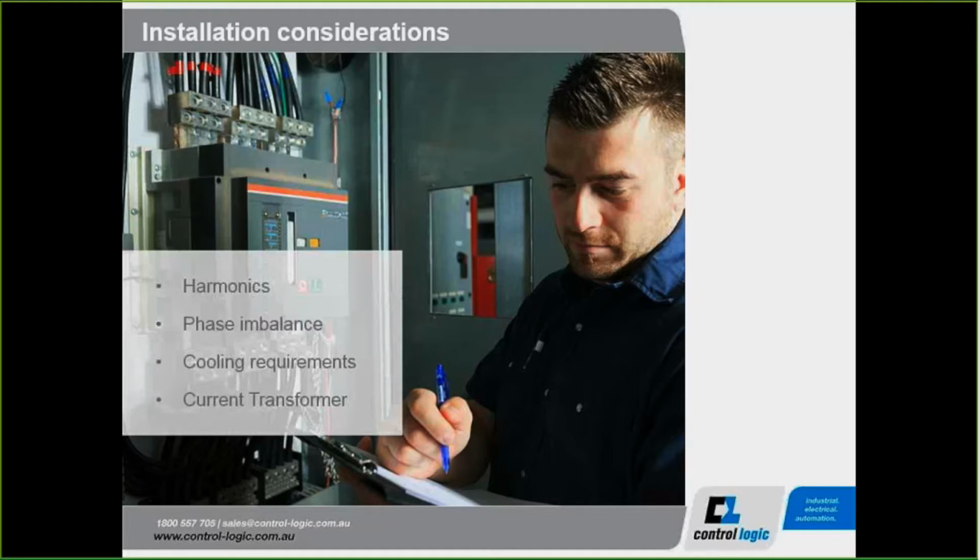Phase imbalance of greater than plus or minus 5% would not be that typical on industrial sites, because on industrial sites the majority of loads would be three-phase. However, if you're looking at putting power factor correction in at a hotel, or a hospital, or a commercial building, those types of sites will have a lot more single-phase loads, and it'd be virtually impossible to evenly distribute all these single-phase loads across all three phases. So invariably, you're going to get some phase imbalance. Though it's a possibility at an industrial site, it's far more likely to have this larger phase imbalance at